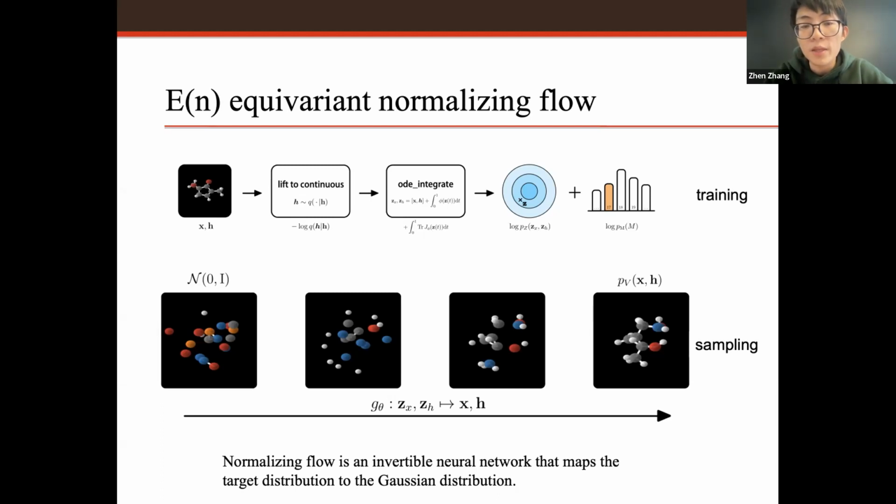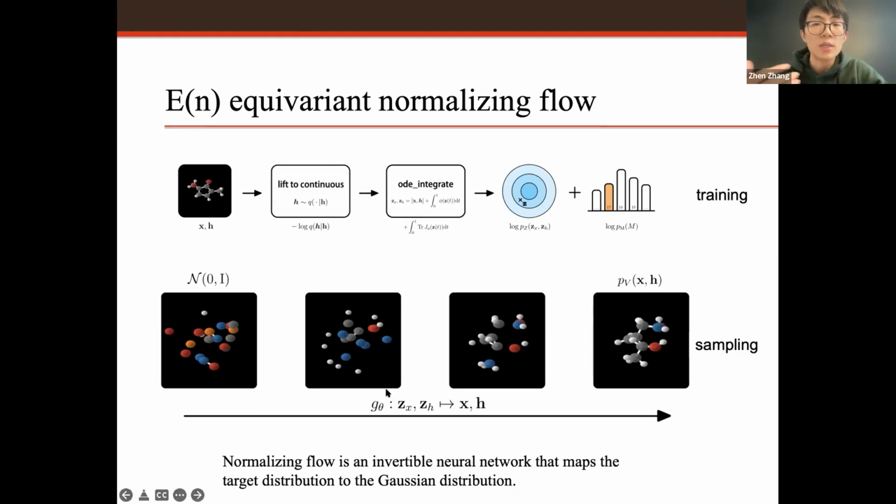What they want is to generate convincing molecules based on existing experimental data in data sets like QM9, QM7. So they want to design this type of generative model to really generate these molecules, which could be useful in terms of drug design or other applications. What they do is incorporate the idea of normalizing flow together with their existing equivariant architecture,